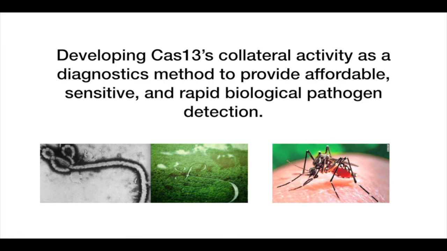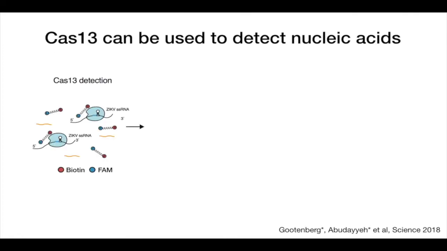And so using the collateral system, we can now use a method that we developed called Sherlock to detect viruses like Ebola or Zika or even other bacterial pathogens. So the way this works is we take advantage of collateral activity to cleave a reporter RNA in the same reaction. So here, this blue glob is the Cas13 enzyme. And if we're trying to detect Zika sequences in a biological sample, blood, urine, or saliva, we can program this enzyme with a guide RNA that's been designed to recognize the sequence on the Zika virus.